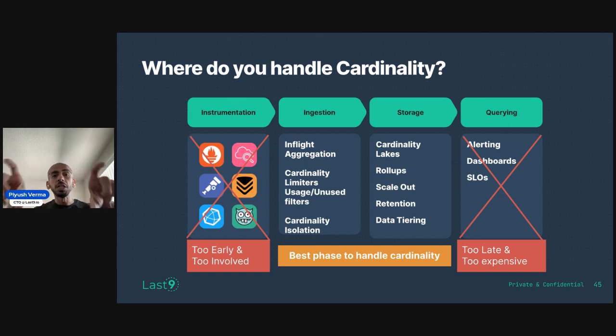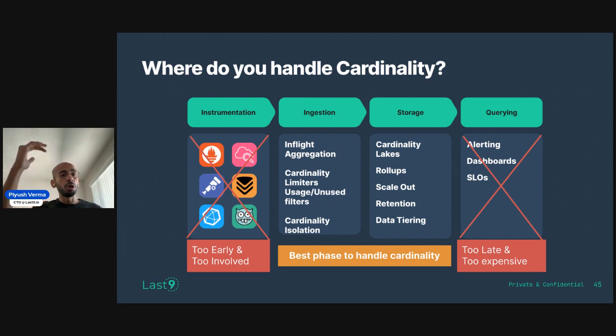The best phase to handle cardinality is to have workflows which sit right in the middle, in the ingestion phase and in the storage phase. What do these workflows look like? It could be an in-flight aggregation. In-flight aggregation would be as the stream of metrics comes in, it has all that rich cardinality in it, but